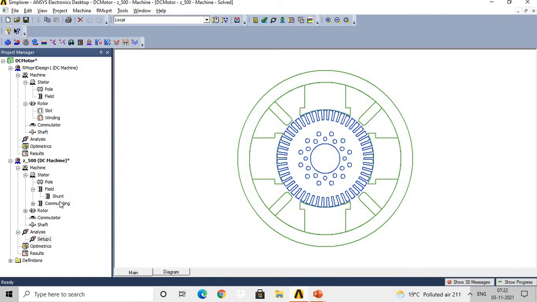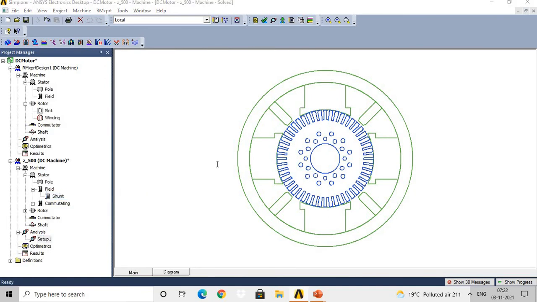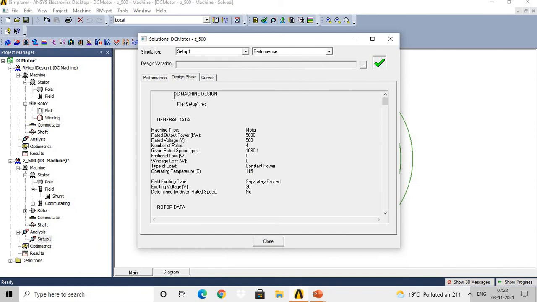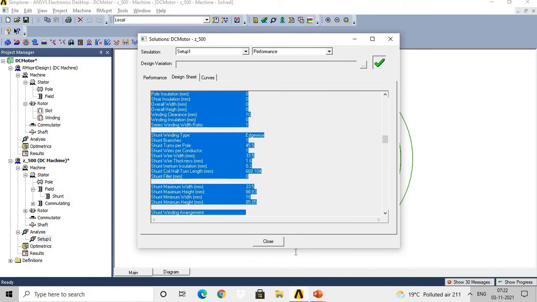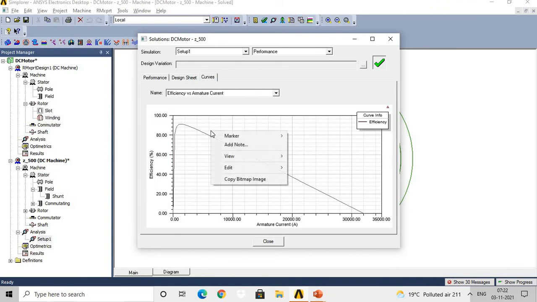For example, suppose you are interested in the design sheet, then just copy this design sheet and paste it in the Word file. It is easily available. Regarding the curves, here if we right click and click on copy bitmap image, then just paste in the Word file, so that the image is available for your research paper writing purpose or for your project report purpose.